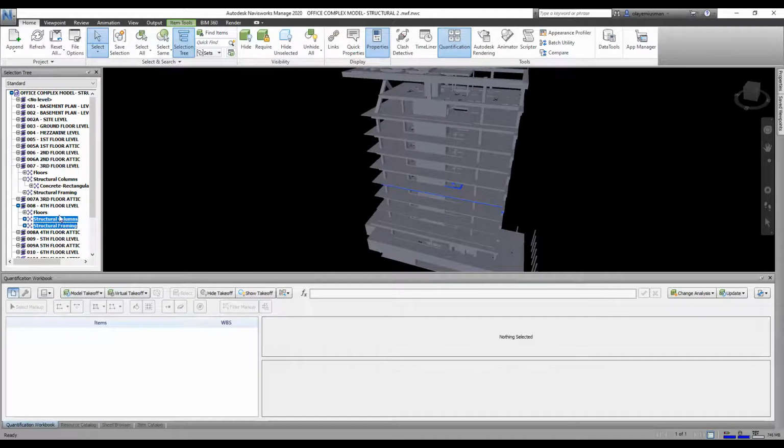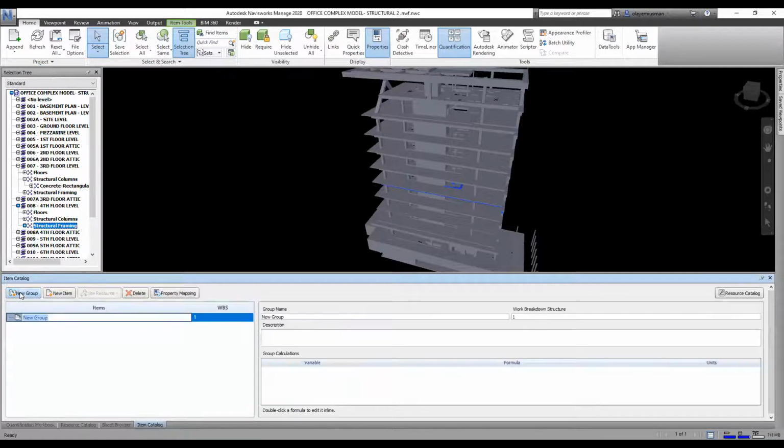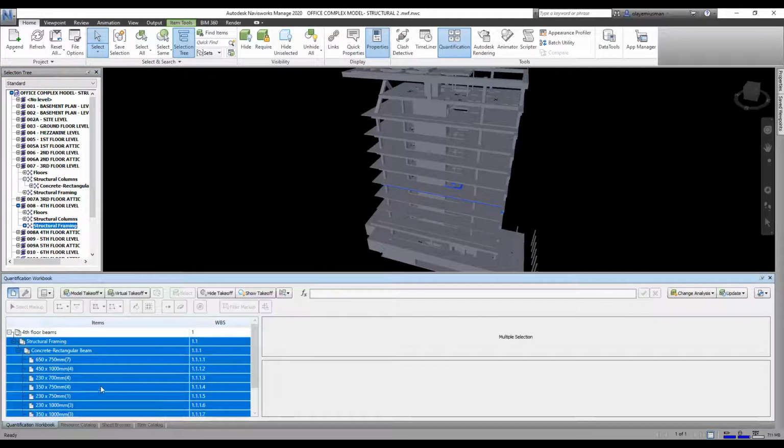So let me quickly run a takeoff for my beams on the fourth floor. I come here, my item catalog, create. Let me see, fourth floor beams. Fourth floor beams. Okay, just right click, quantifications, take off to fourth floor beams. So you can see